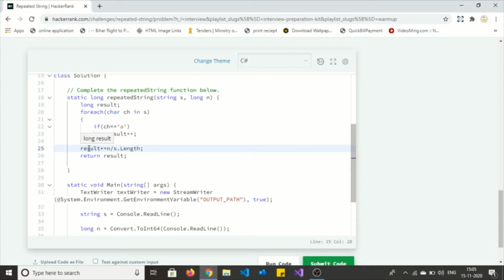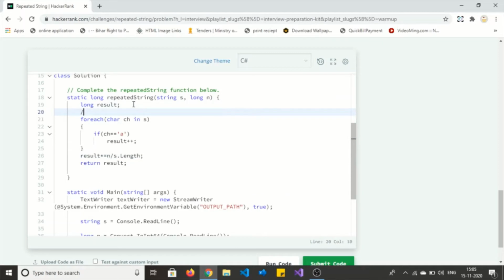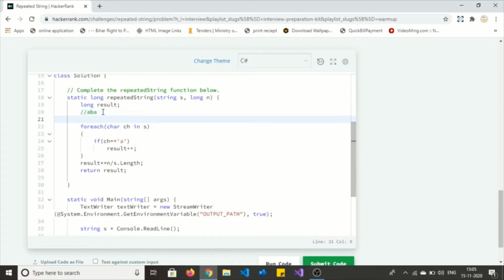What I'm trying to do here, let's assume we have the string aba. In that, the frequency of a is 2, but we want to make it aba, aba, aba and a, to get 10.